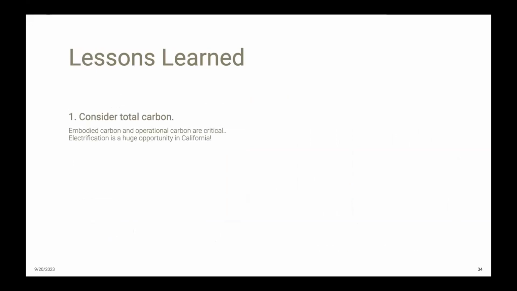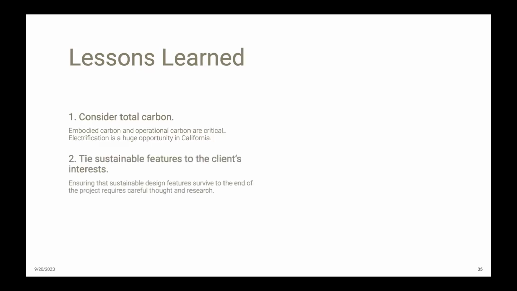At the time of this project, we thought that we were doing enough by just reusing the building, but it turned out that we should have been paying just as much attention to energy upgrades. And one of the biggest missed opportunities was not electrifying the building, particularly because we live in a state with a very clean electric grid. And then the other big upgrade that would have improved building performance was reducing infiltration.